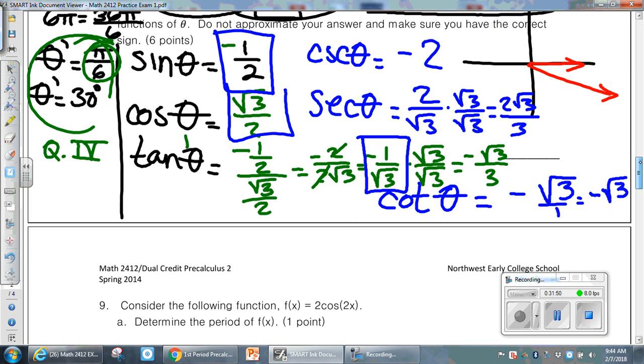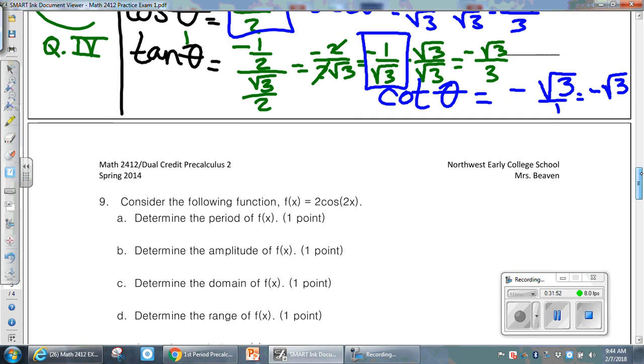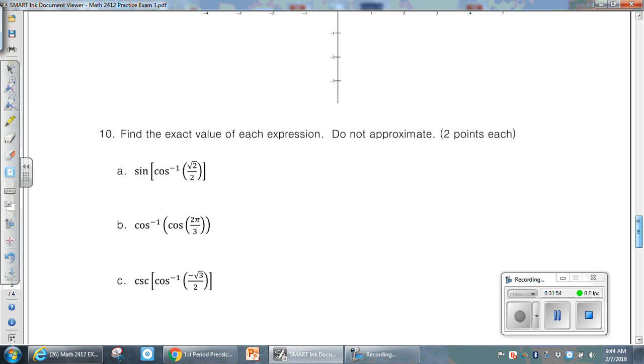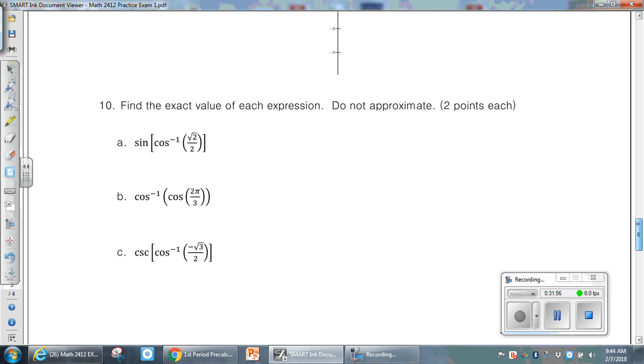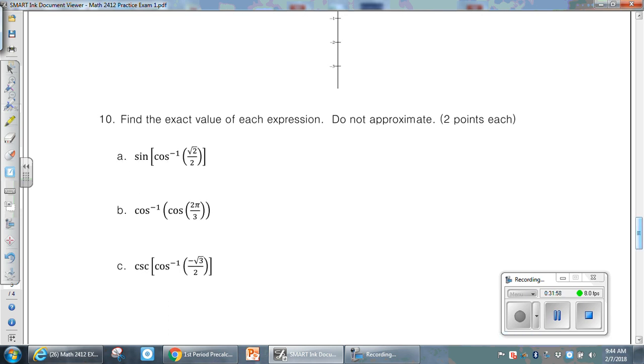So let me see what else. We're almost out of time. Let's do this one here. So for example, let's see, find the exact value of each expression. So we have